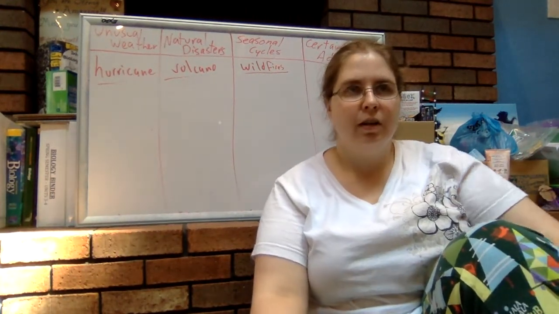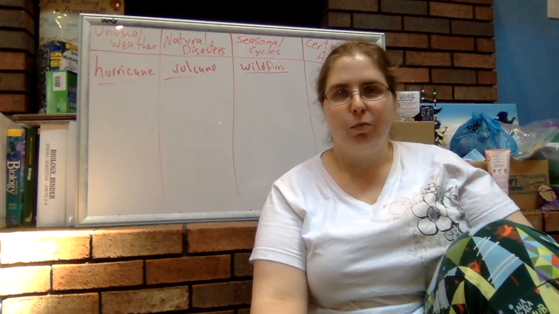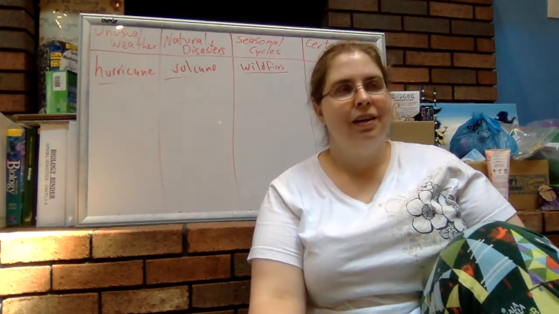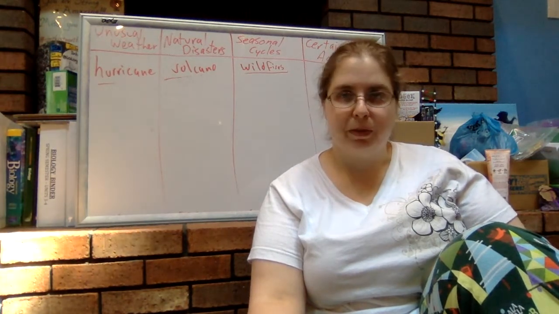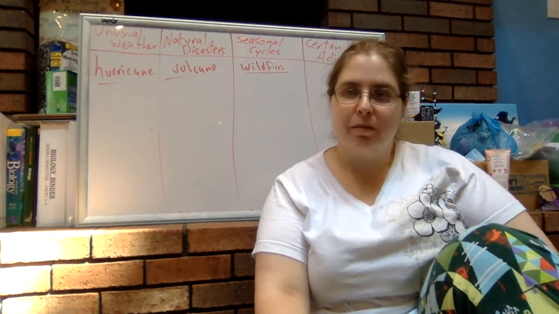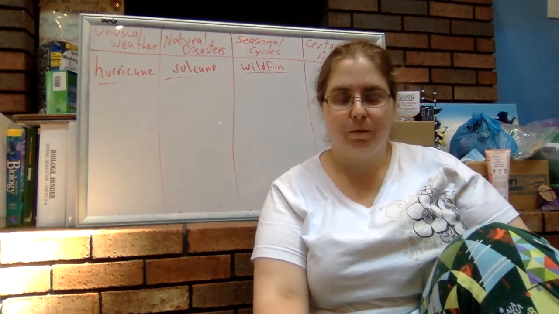For instance, competition. The more organisms there are, in other words, the larger the population, then the more competition there would be for food. But the smaller the population, then the less competition there would be.